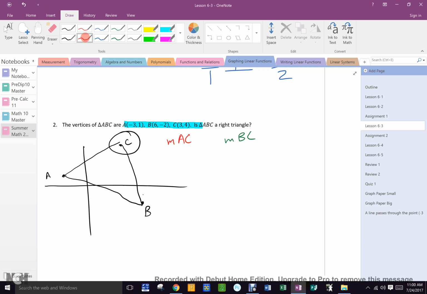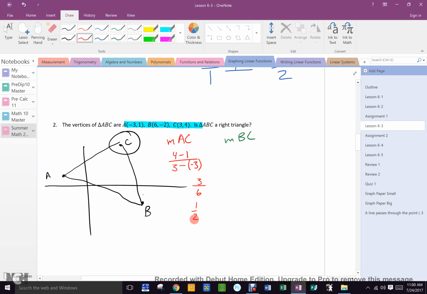So, how do I find the slope of AC? How do I find every slope? 4 minus 1 over 3 minus 3. So what is that answer? What's 4 minus 1? 3. What's 3 minus 3? 6. What's that? 1/2. All right, now,